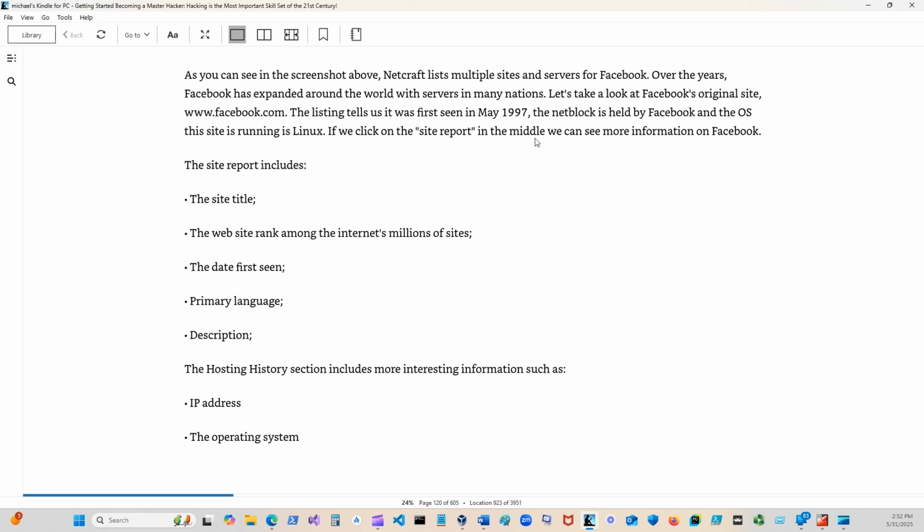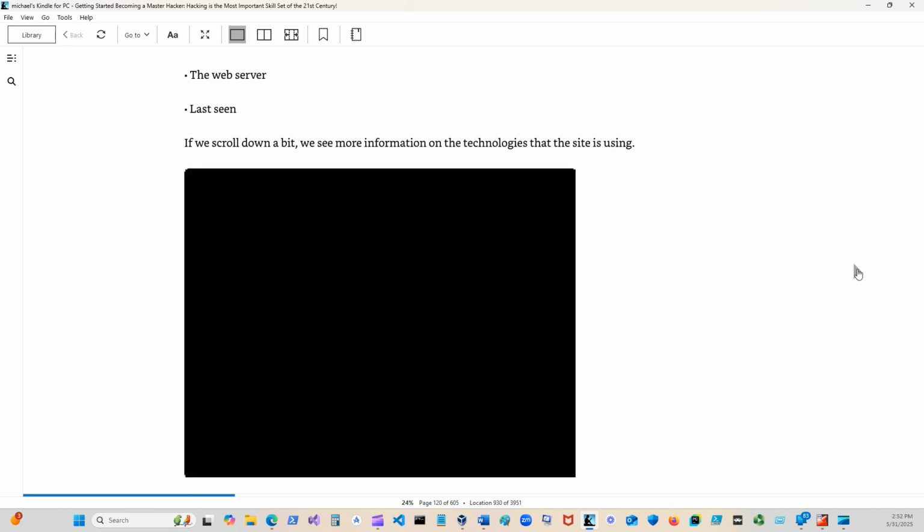If we click on site report in the middle, we can see more information on Facebook. The site report includes the site title, the site rank among the internet's million sites, the first date seen, primary location, description, host history, IP address, operating system, web server, and last seen.